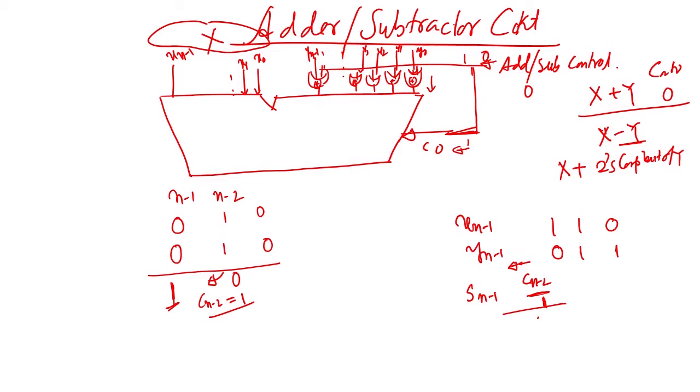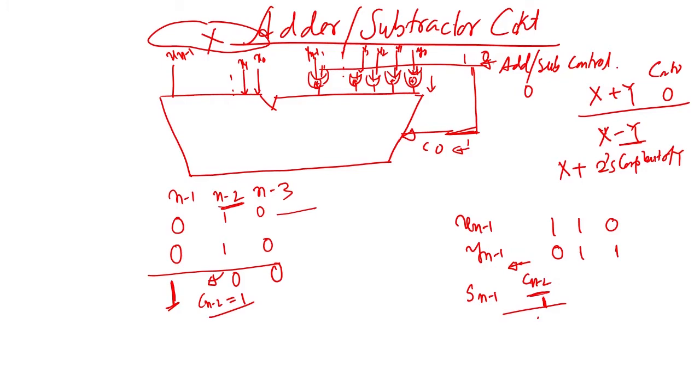I restate it. Let us say you have a number here, 0 1 0, and another number is 0 1 0. Let us say this is the n minus 3 position. Now, you add it, 0 0 0, now 1 1 0. Carry is going out from the n minus 2 position. This is an adder circuit, so it will add, and this will be 1. So, while you are adding, if the sign bit is changing, that means there is an overflow. That is my point.